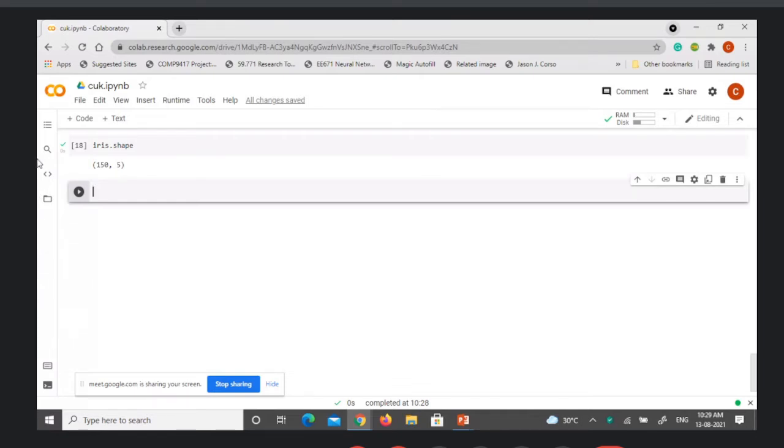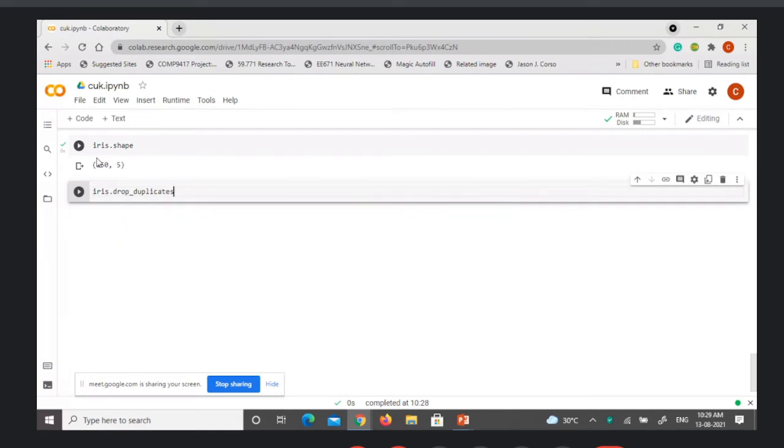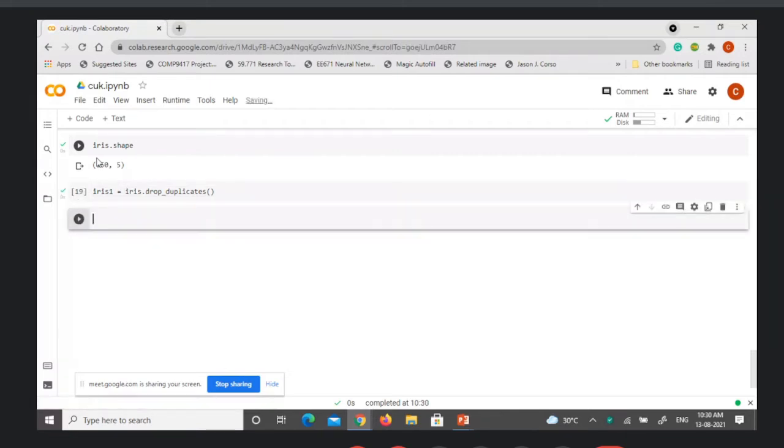So for that we have, let us say, iris.drop_duplicates. Let us put it in iris1 equal to iris.drop_duplicates.